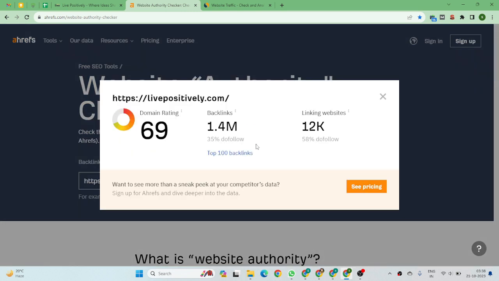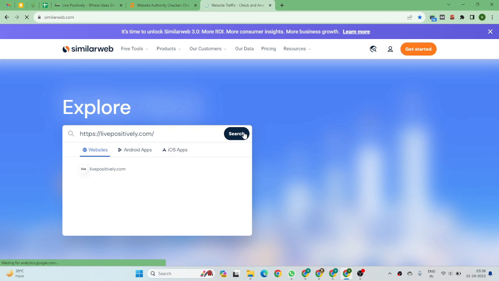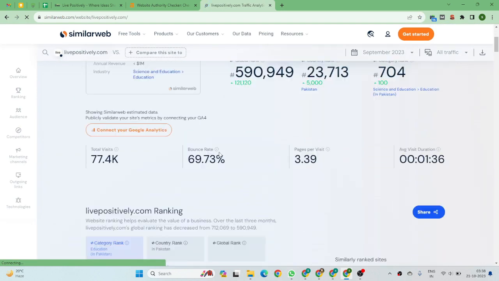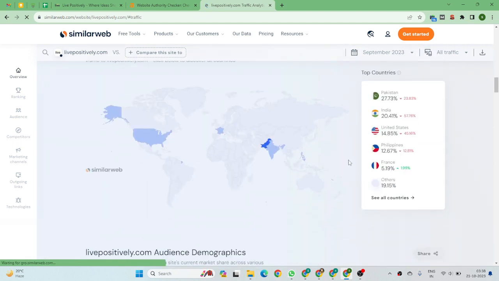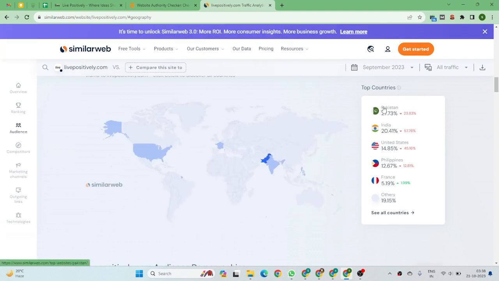You guys can see this website has a 69 domain rating, and I'm going to show you the website's overall traffic and the traffic source, which countries this website is getting traffic from. You guys can see this website has 77.4k total visitors, and the traffic comes from Pakistan, India, USA, Philippines and